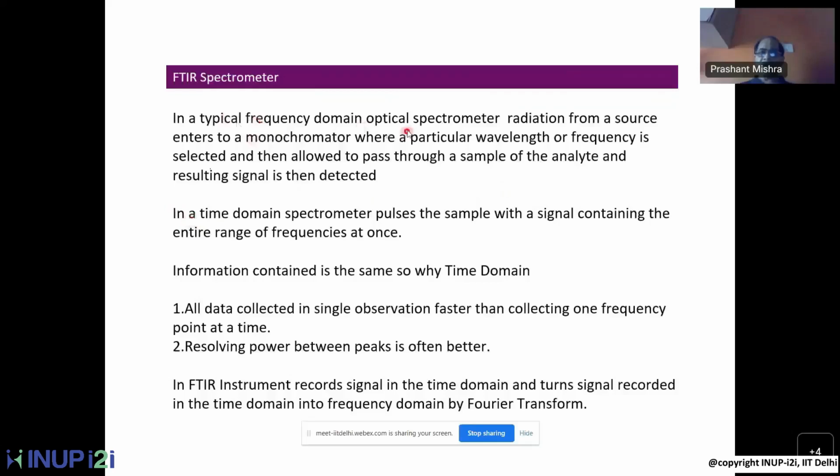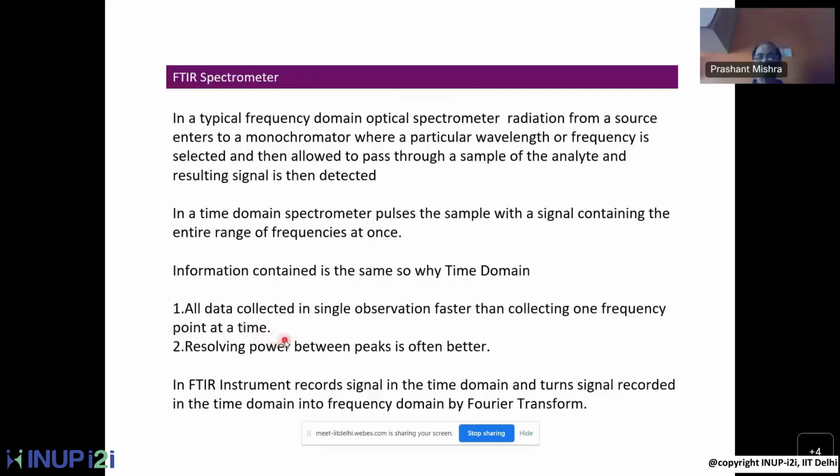But other than your frequency domain, you also have a time domain. In the time domain, the sample is pulsed with a signal containing the entire range of frequencies. So instead of selecting a frequency, the entire range of frequencies is passed through the sample at once. So the information contained is the same. Whether it is a frequency domain or a time domain, you get the same information, but there is a difference. So what is the difference? All the data is collected in a single observation, and it is very fast